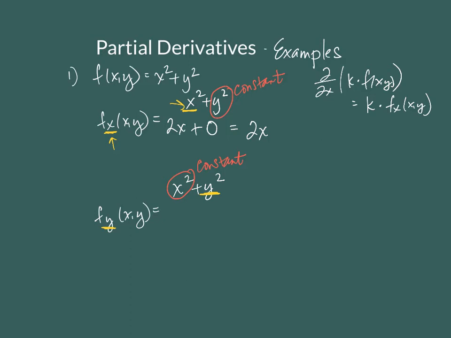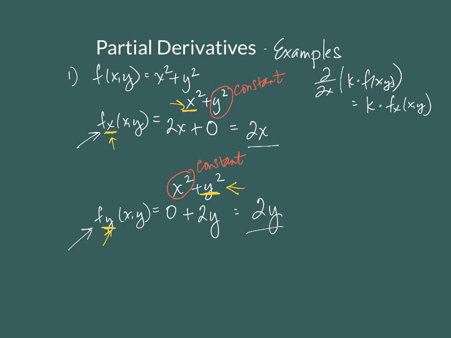So to start out this derivative, the derivative of x squared, since we treat it as a constant, we're trying to find the rate of change of this function with respect to the variable y. X squared does not contain a y, so there's no rate of change, and so the rate of change is constant. It is 0. Plus, now again, when the variables match, we treat them like we normally would. So the derivative of y squared, just using the simple power rule, is 2y. So this partial derivative is 2y. So the partial derivative with respect to x is 2x, and the partial derivative with respect to y is 2y.